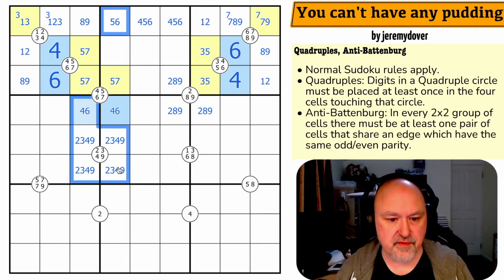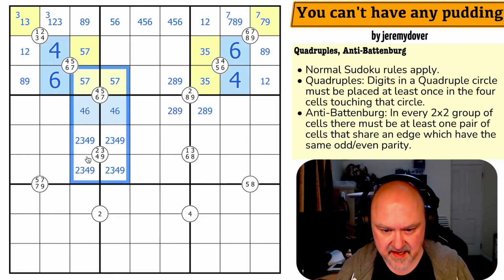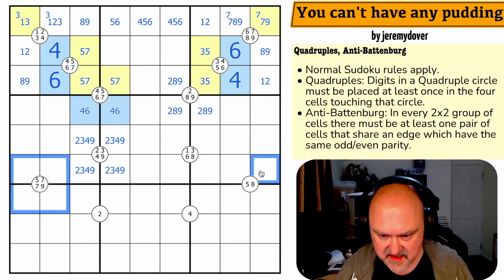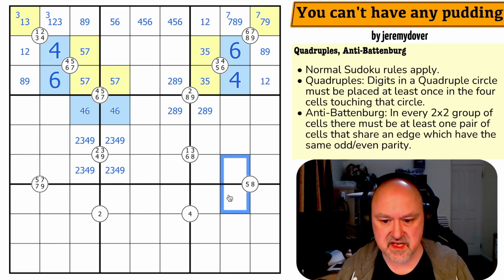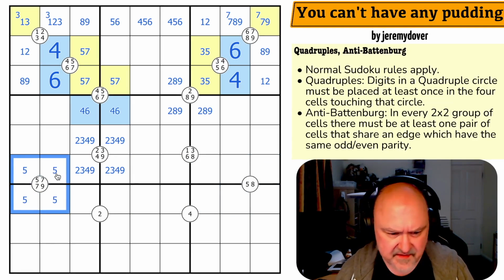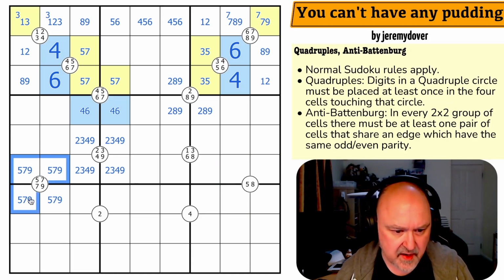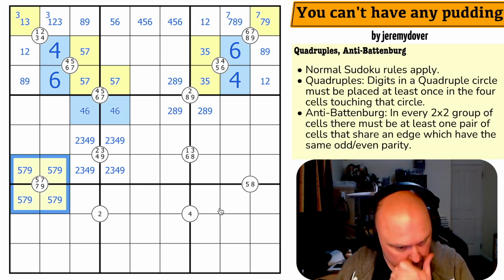And then where could I put the 4 around this quadruple? Because the 2 columns would both have their 4s in it. So between the 2 quadruples, I am taking the 2 4s I can put in those 2 columns. The same is happening with 5s in these rows. I can't put 5 into any of those because there'd be a 5 in one of the 2 rows there and a 5 in one of the 2 rows there. In fact, this is 5, 7, and 9, and it's got to have 2 7s, so it's actually 5, 7, 7, 9, and those are all odd.